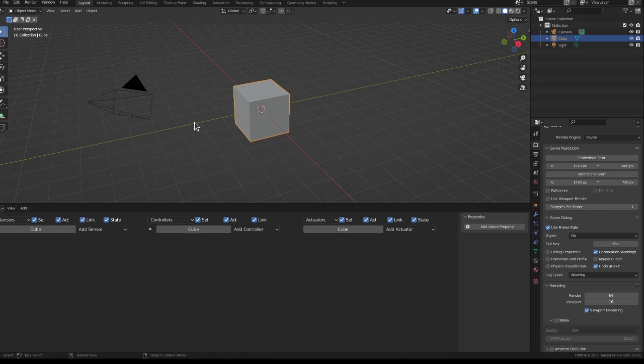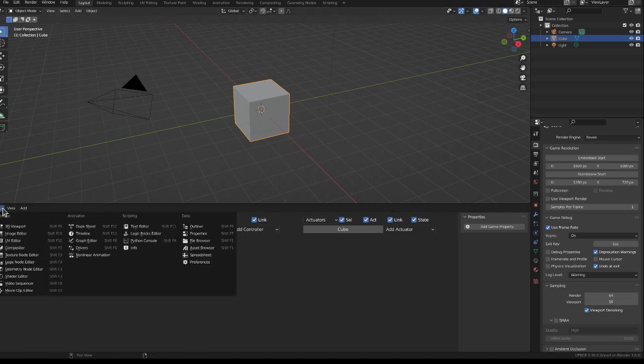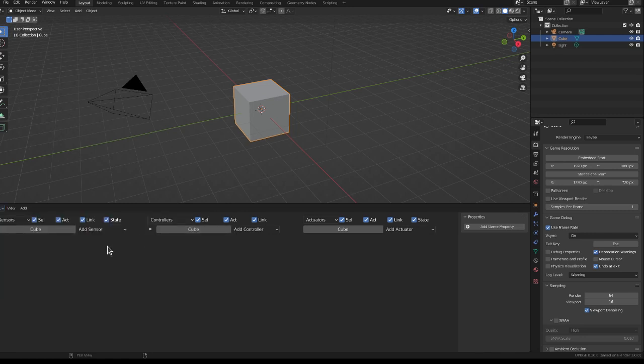So today I will introduce some functionalities of UPBGE, which is like the alternative game engine of Blender. There are two different ways to approach the interaction. One is this Logic Bricks editor, which is based on the older Blender game engine components. Here we have some sensors, some controllers, and actuators, which means